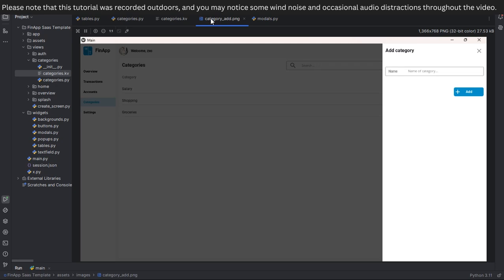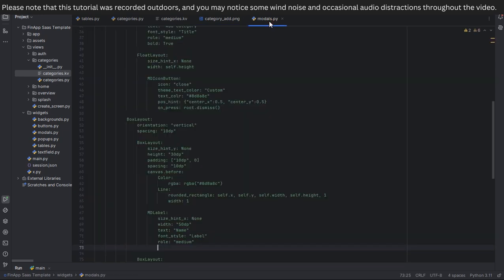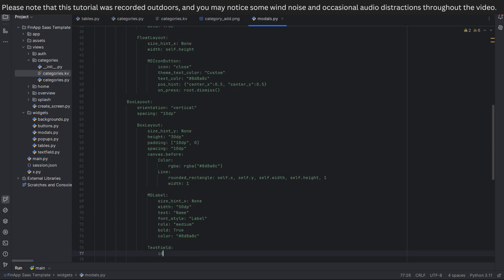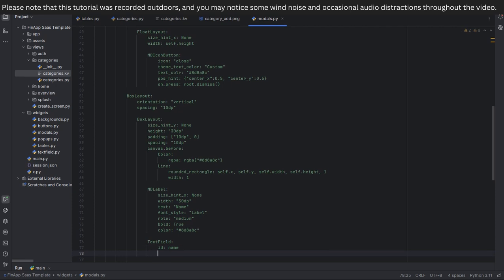Let's look at our image. Okay, so the name is actually bold and it's gray in color. So let's say bold equals true, and color to the hashtag it's 8D. Then underneath this MD label, put a text field. I'm gonna give this text field an ID of name, and I'm gonna say multiline, set it to false,